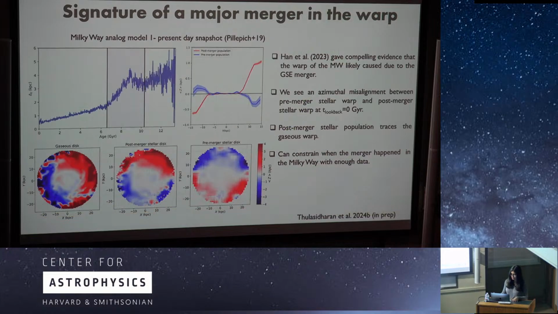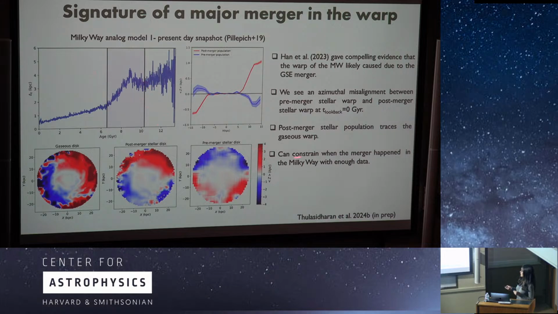So I would also like to highlight another work that we are currently doing, where we are looking at the signature of a major merger in the warp. Han et al. gave compelling evidence last year that the Milky Way warp is likely caused by a major merger, such as the GSE merger. So building upon that work, we looked at